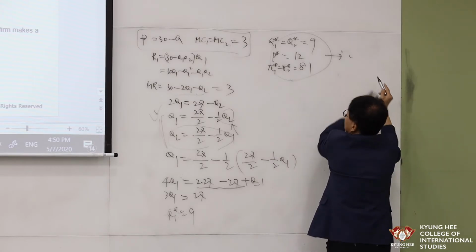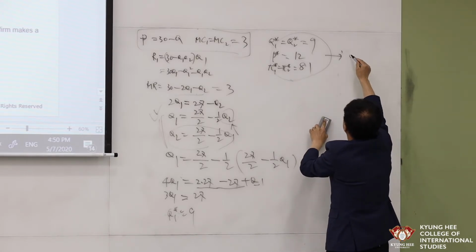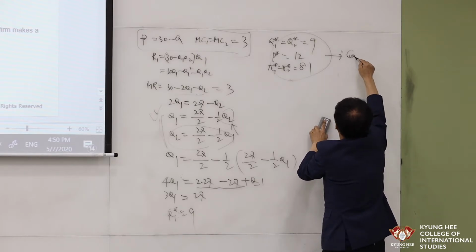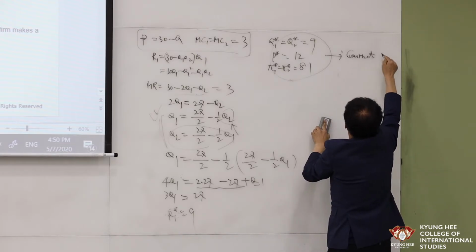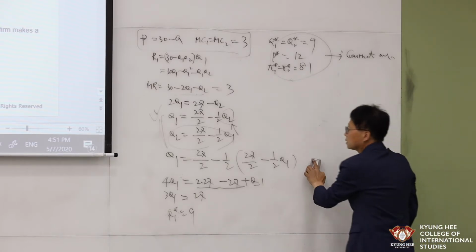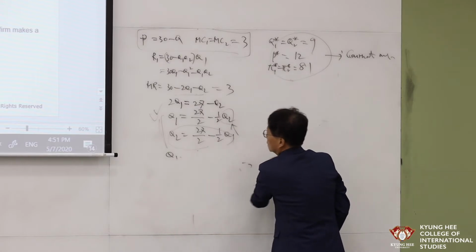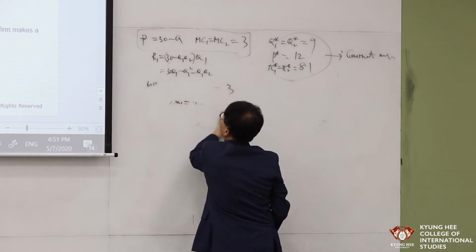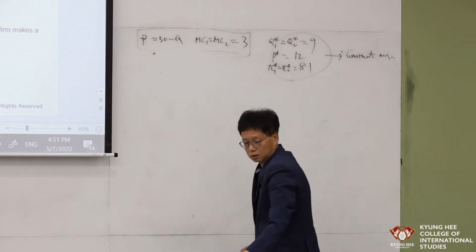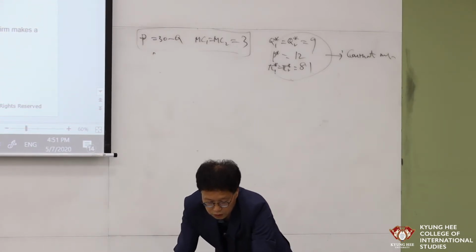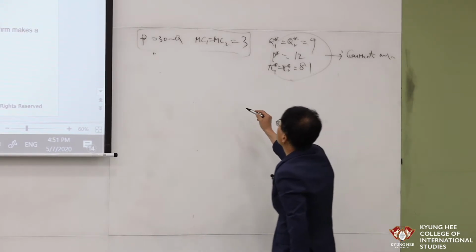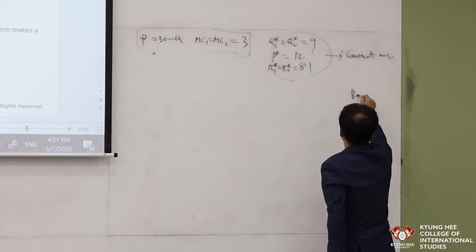I'm sorry, not the collusive outcome. That is the Cournot outcome. The Cournot solution is this one. And also the Cournot solution is this. And the Bertrand model,